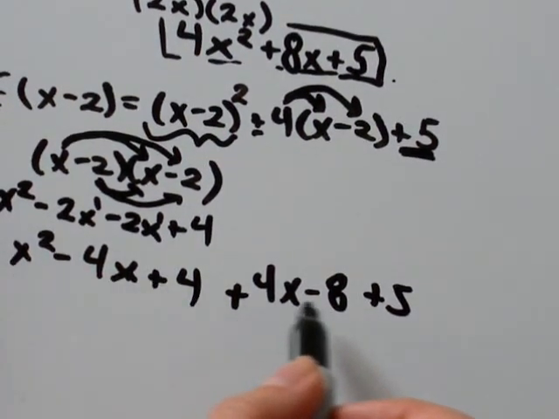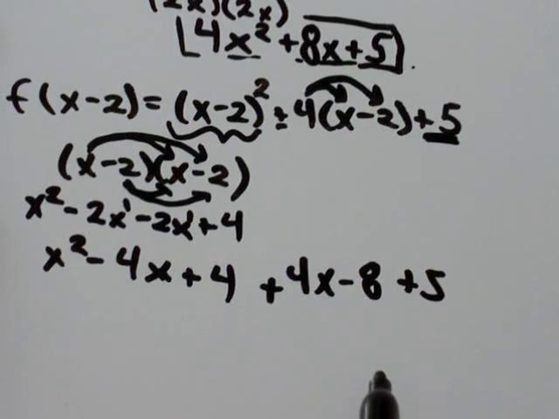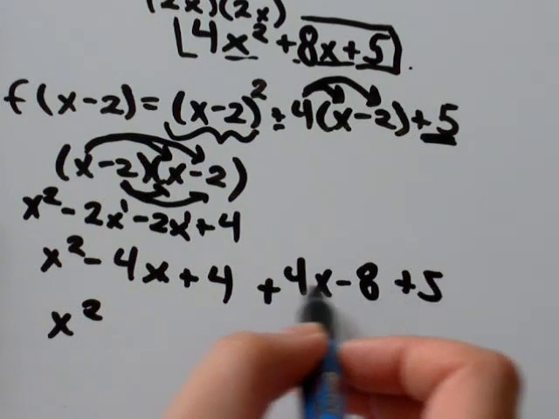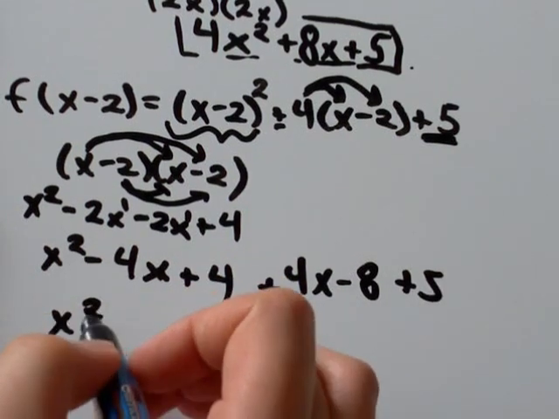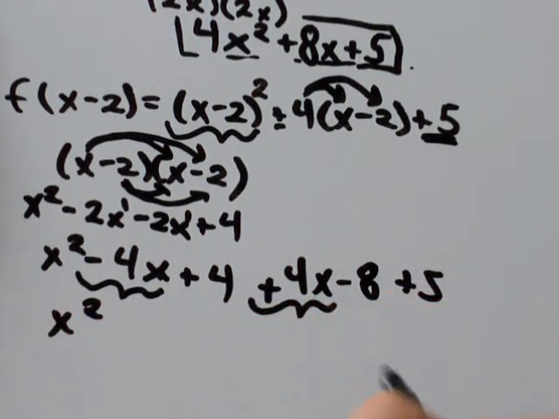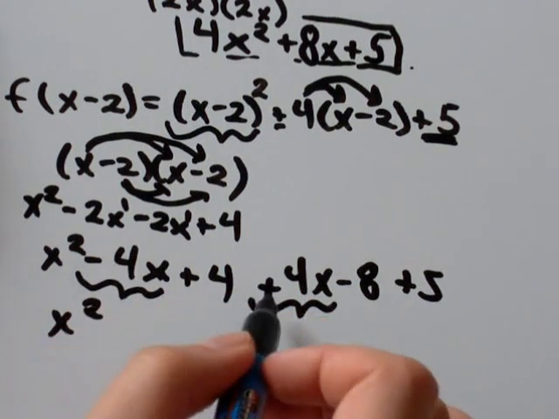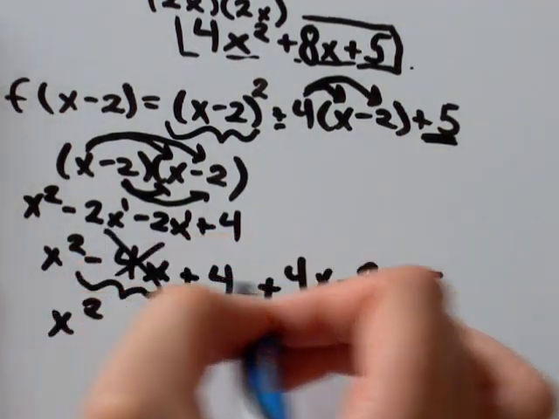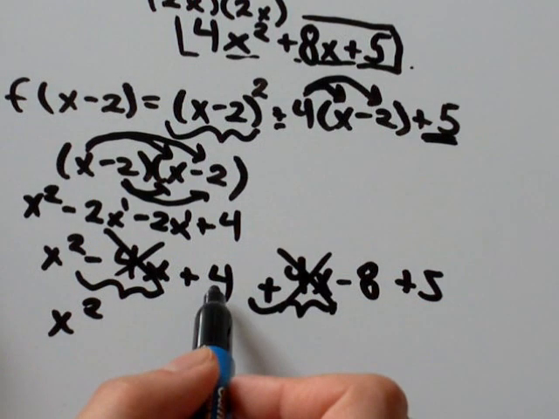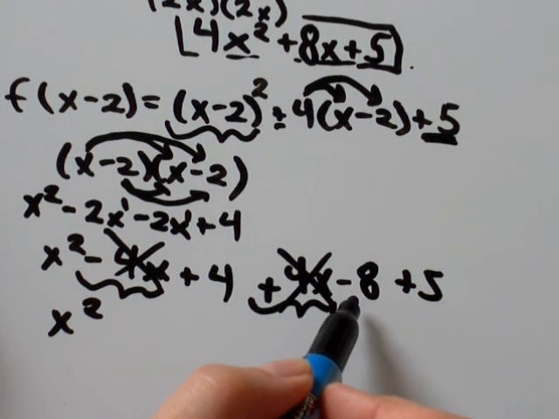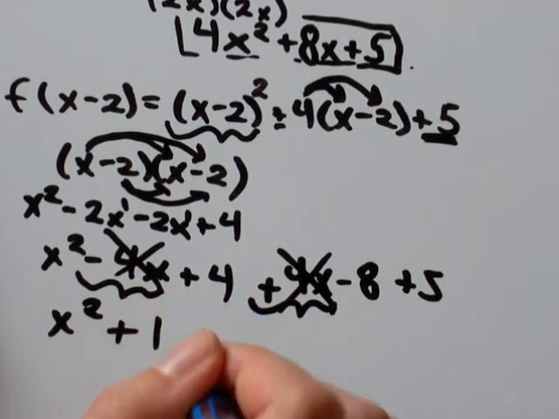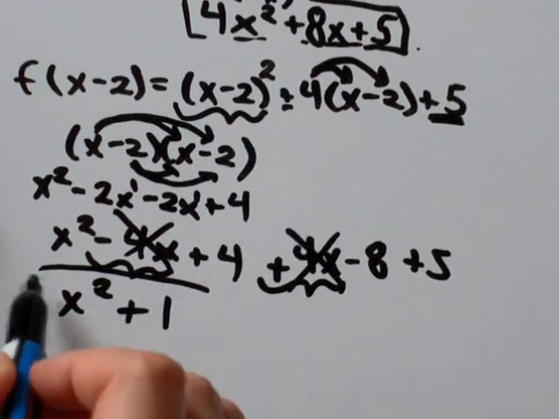So now we've got all this stuff down here. We're just going to try and simplify that a little bit. So x squared, I don't have any other term that has x to the power of 2 in it, so that one you can't simplify any farther. And then we've got negative 4x and a plus 4x. If I add negative 4 plus 4, that's just 0. So those terms are actually going to cancel out for us. That's kind of nice. And then we've got plus 4 minus 8, that would be negative 4, plus 5, negative 4 and 5, just be positive 1. So after all that work, we've got